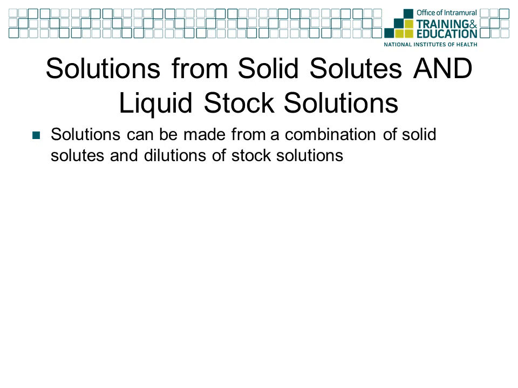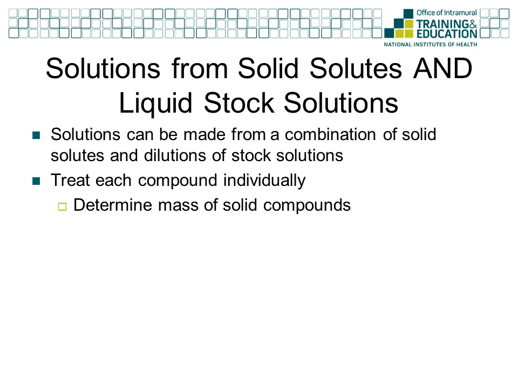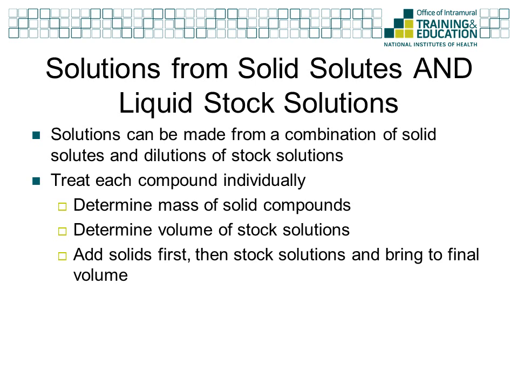It should come as no surprise that you can even make complex solutions from a combination of solid solutes and dilutions of liquid stock solutions. To do it, you again will treat each compound or stock solution individually. It is best to do things in a particular order. Determine the mass of the solid compound or compounds that you will be dissolving. Then, determine the volume of the stock solution or solutions you will be diluting. Add the solids to the container, then the stock solutions, and finally,